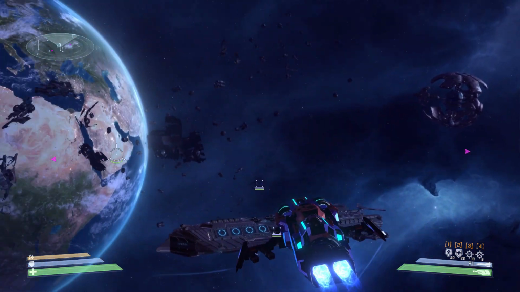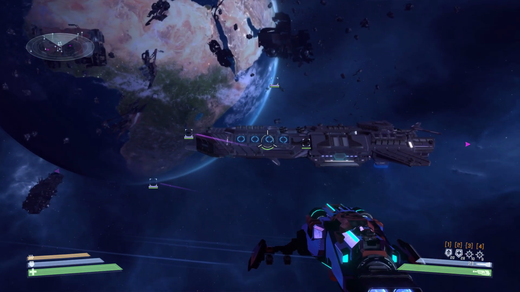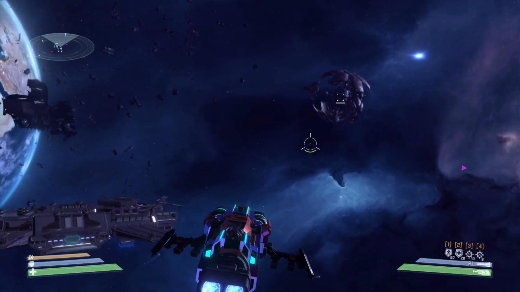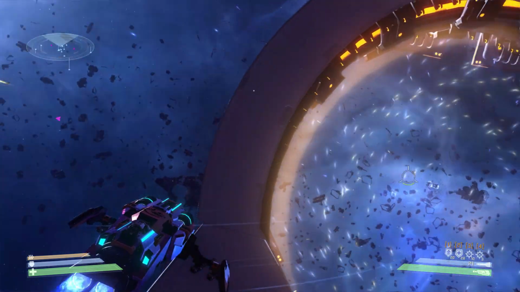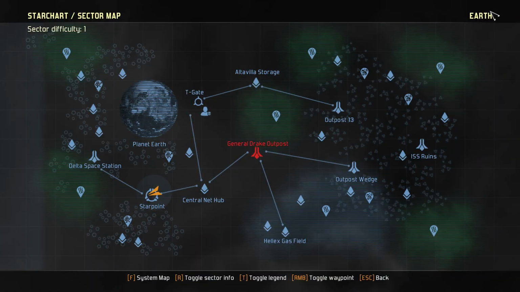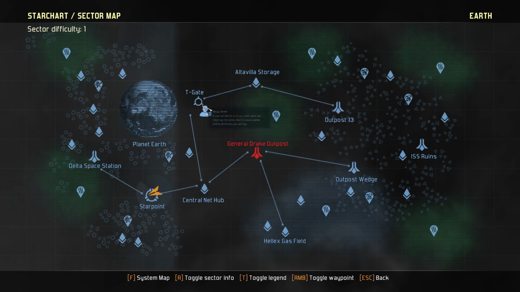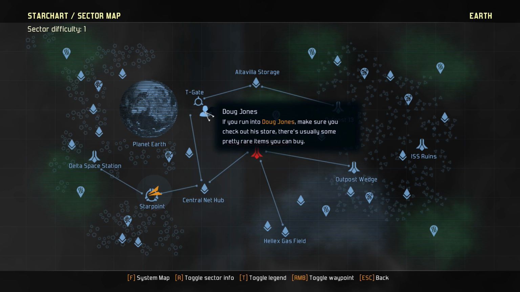Here we are. Welcome to Earth. Oh, a big ship here. So as you see, we've jumped near Starpoint in Earth sector, and here we are. It's sector Earth. Here's the star point. Here's the T gate if you want to travel to another sector within our solar system, and basically it works